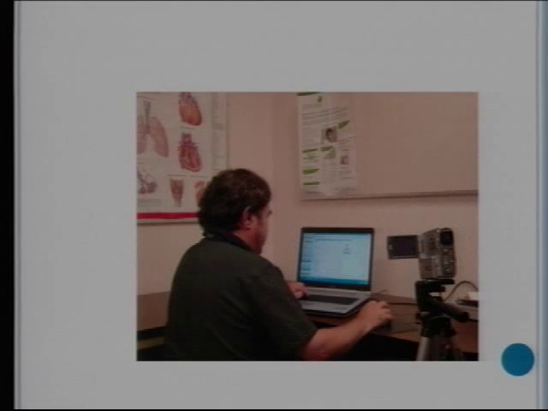But that's just me thinking aloud, using the think-aloud method from psychology, while I'm using a personal health record. The movie's being stored on here with the audio, and I also have an external view of what I'm doing on the desk. Simplest possible laboratory-style usability test. The data is very clear. You can play it back and see exactly what you're clicking on, which is one of the arguments why you don't necessarily have to have a $1 million lab with the one-way mirrors to watch people using systems.